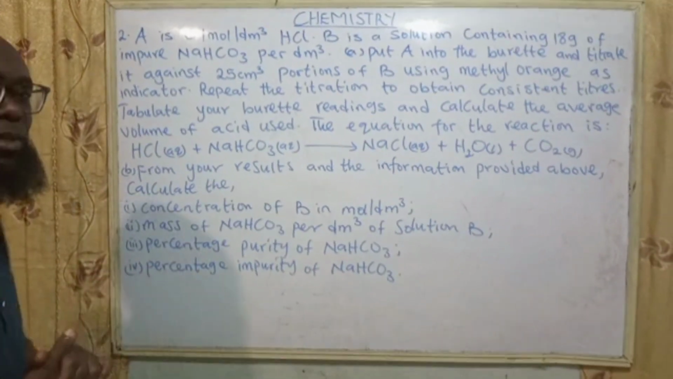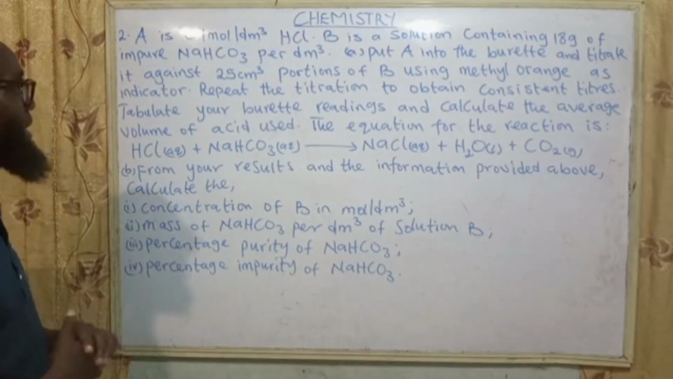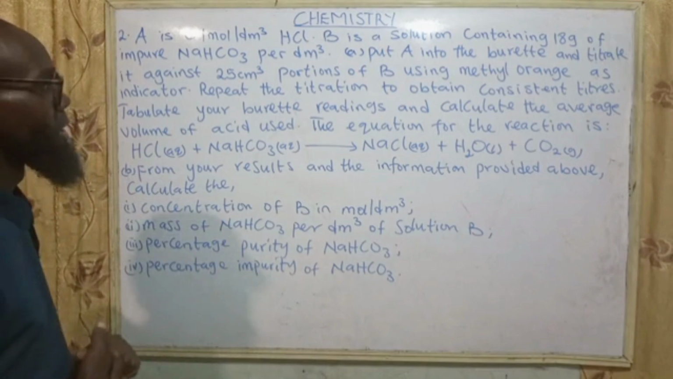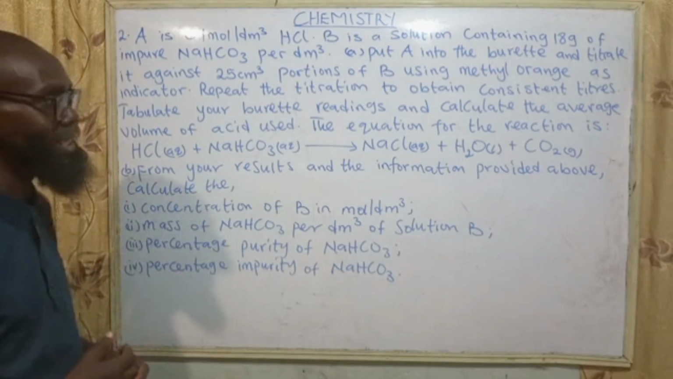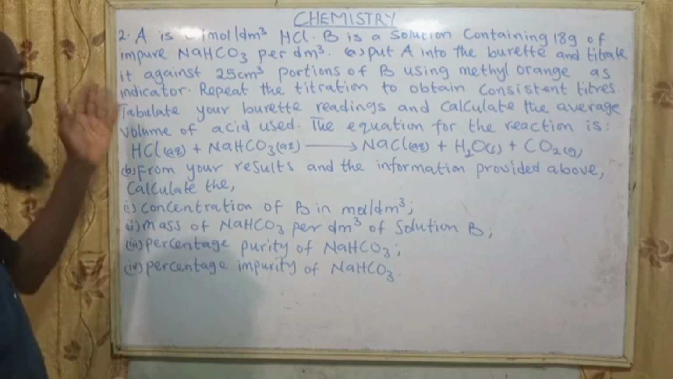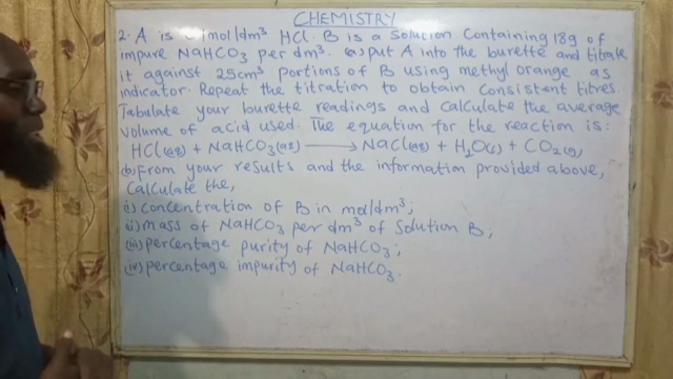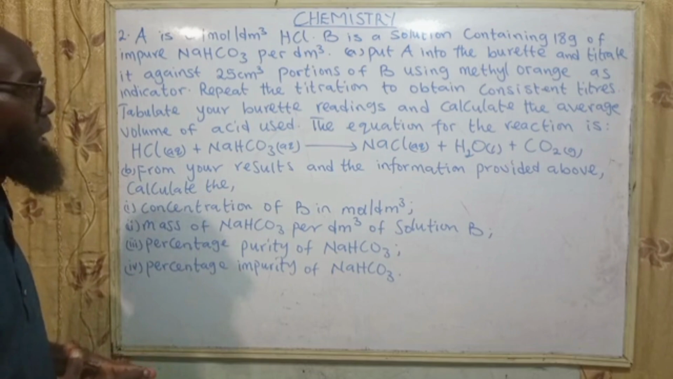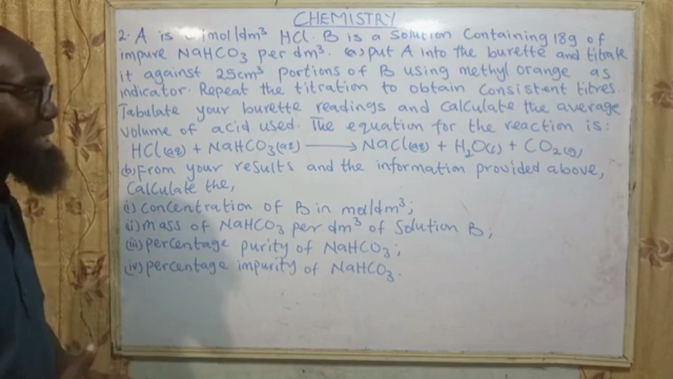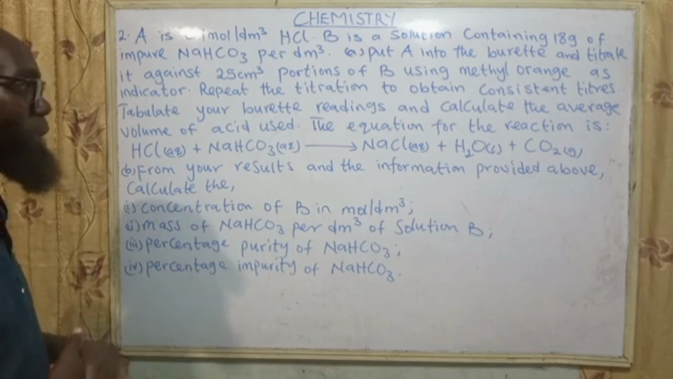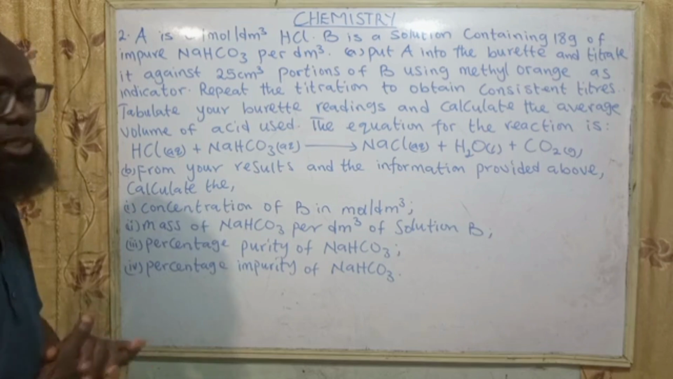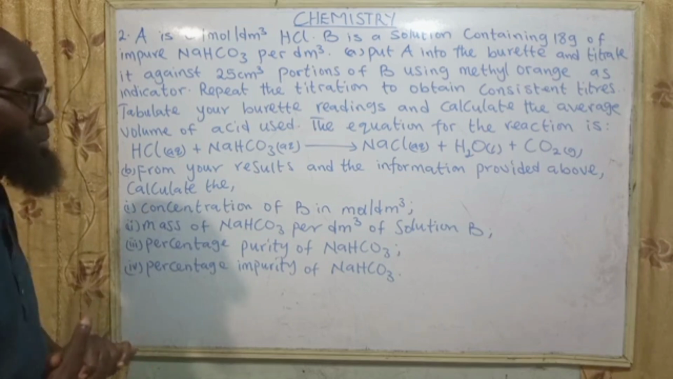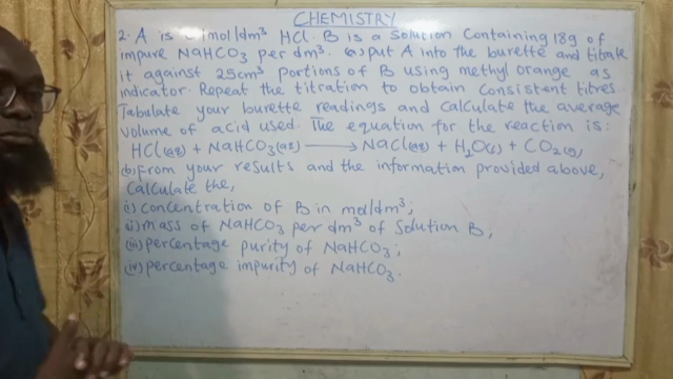Question 2. A is 0.1 mole per dm cube of HCl. B is a solution containing 18 grams of impure sodium hydrogen carbonate per dm cube. Put A into the burette and titrate it against 25 centimeter cube portions of B using methyl orange as the indicator. As I explained in my first video,